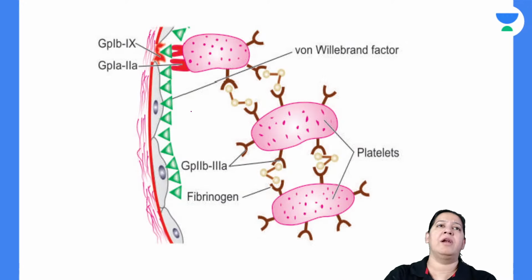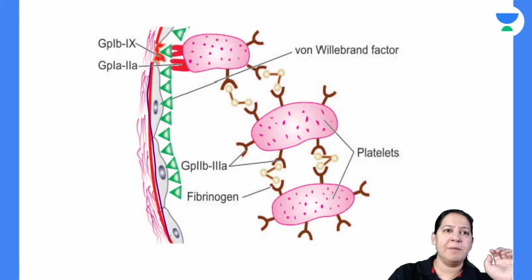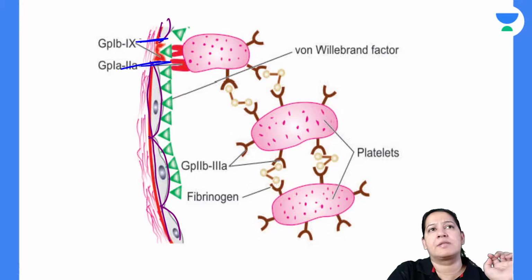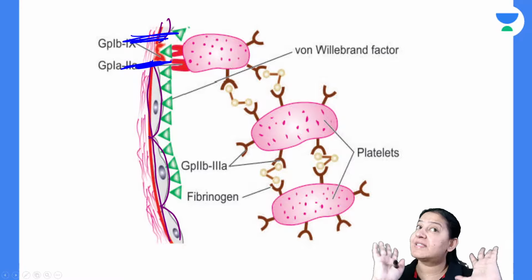Now this is the longitudinal diagram given in Harsh Mohan. You can see this is the basement membrane. On the basement membrane, appreciate the endothelial lining. It is continuous, continuous, continuous. But here it is discontinuous. Can you see? At this point, it is discontinuous. So this is the site of the injury. First, identify the site of the injury.